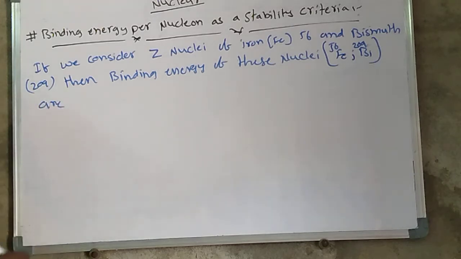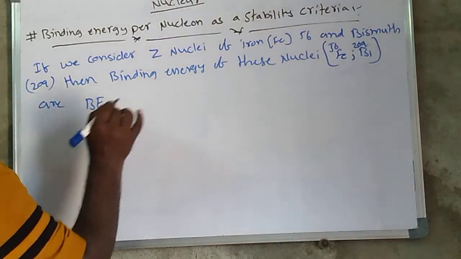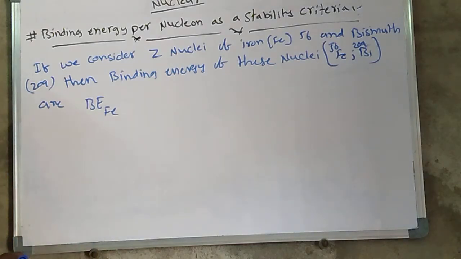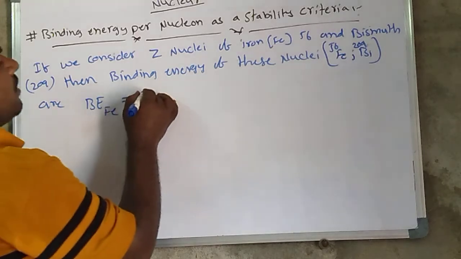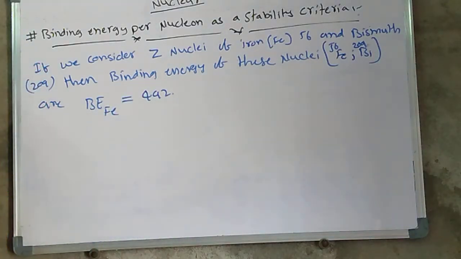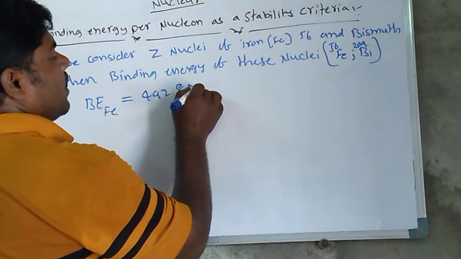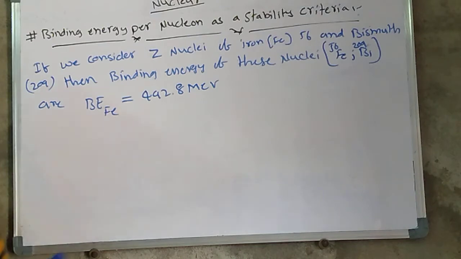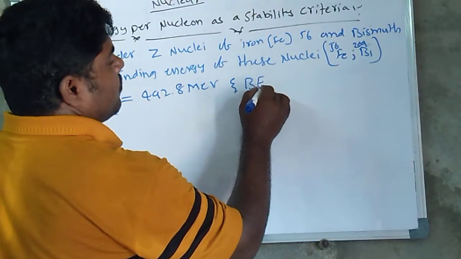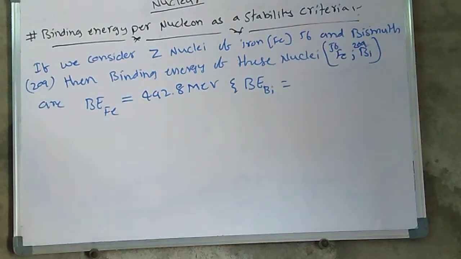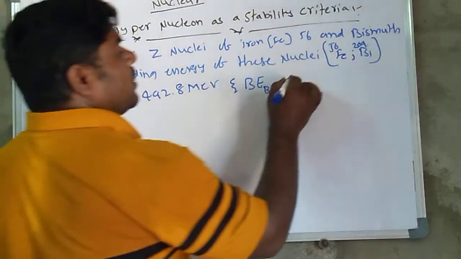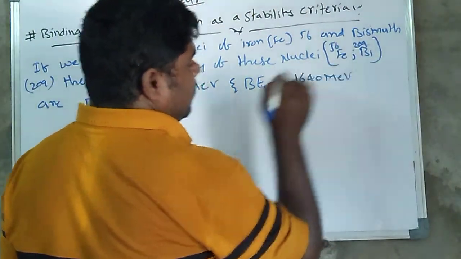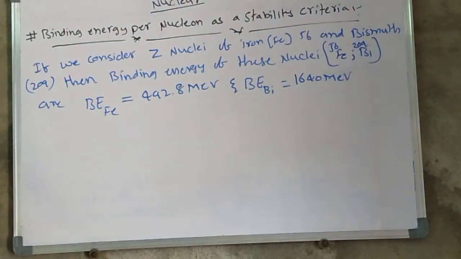The binding energy for iron is equal to 492.8 mega electron volt, and similarly the binding energy of bismuth is equal to 1640 mega electron volt. So here the binding energy per nucleon,